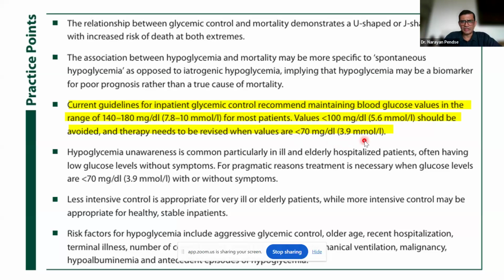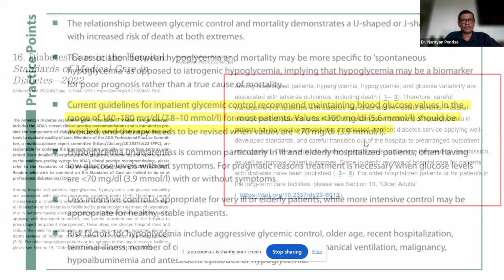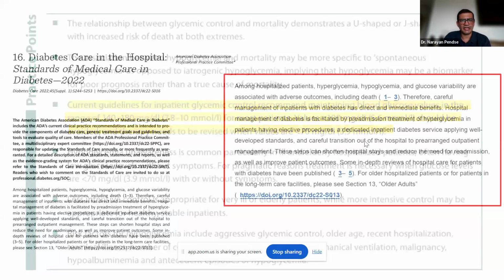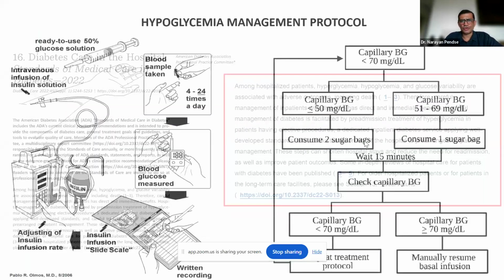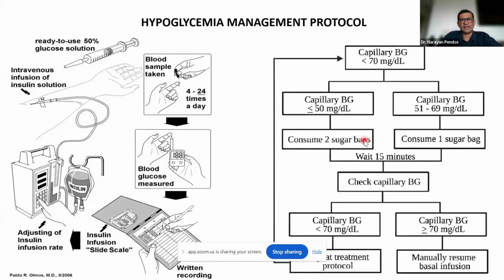I will come to this in a couple of slides. It is well established that hypoglycemia is problematic and that adequate glucose control in hospitals is required. So guidance and evidence-based medicine guidelines from ADA, similarly from Indian associations, etc., are well available, similarly from ICMR also. Like we talked about a STEMI protocol and a stroke protocol, your hospital should also institute a hypoglycemia management